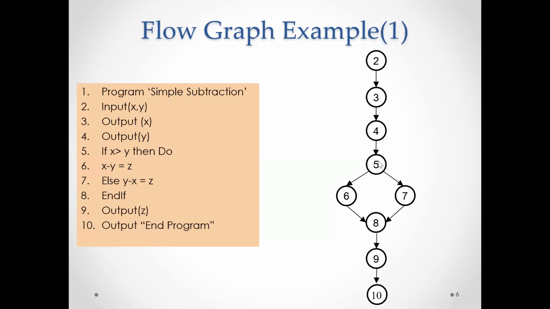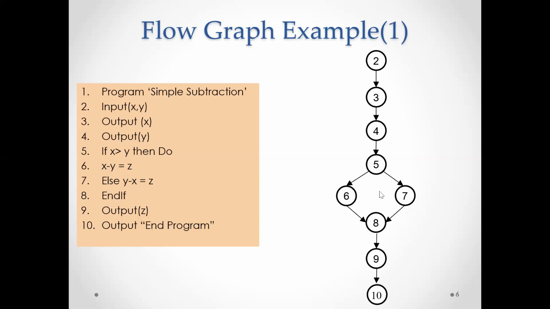Next, once it reaches the 5th statement, two ways of prediction can be made. One is, if x is greater than y, then go with the 6th statement execution. Once the 6th statement is executed, there is no need to execute the 7th statement. You can just go with the 8th statement, that is, the if statement is done with its job. Understanding it? Either the if will be executed or else the else will be executed. If the if is executed, then it goes to the end of the if, the output will be printed and the end of the program will be reached.